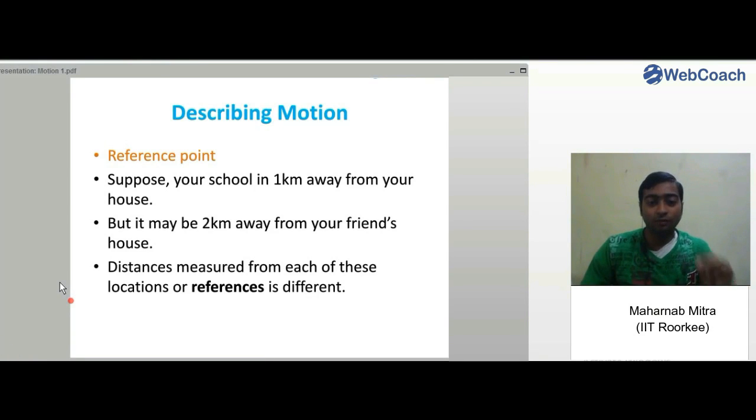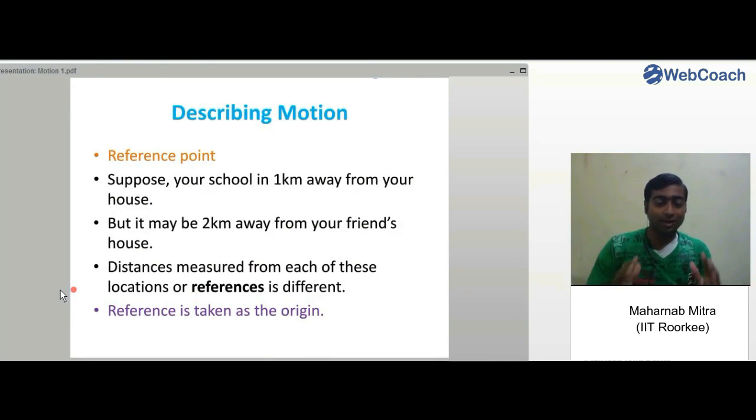So you can see here the distances measured from each of these locations or references are different, right? If you change the point of reference, your measurement may change based on the location of the reference, right? If your reference point is far off, then your measured distance will be very large,